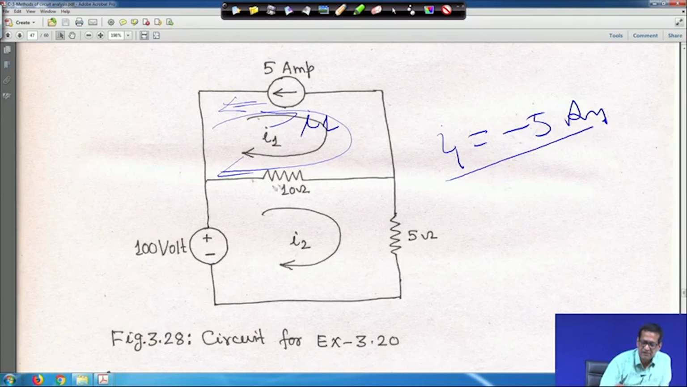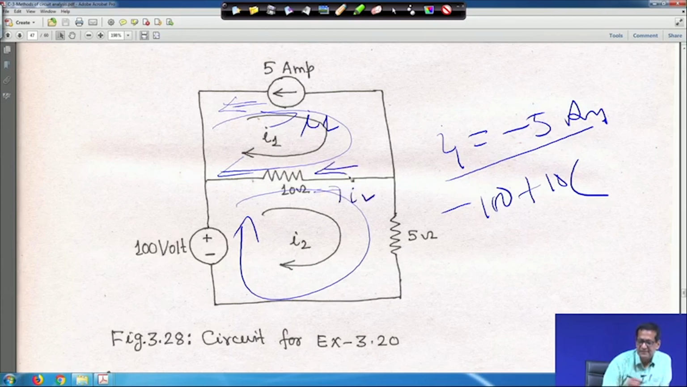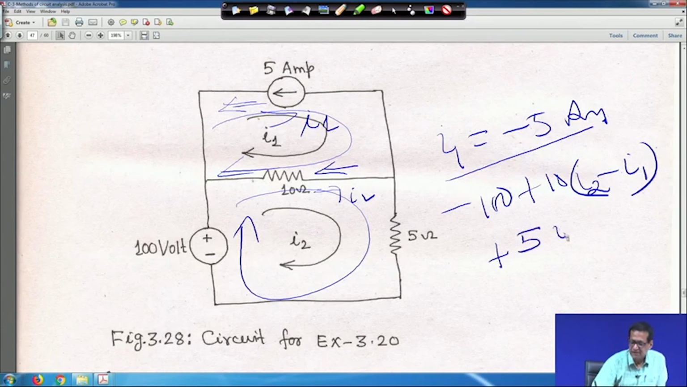After that you apply KVL in this mesh. So, if I move like this, it will be minus 100. Now, no need to repeat again and again, you have understood. So, minus 100 plus 10 into the current I2, this direction is I2, and I1 is in this direction. So, it will be 10 into (I2 minus I1), plus 5 into I2, because this 5 ohm resistance is there, 5 I2, is equal to 0, but I1 is equal to minus 5